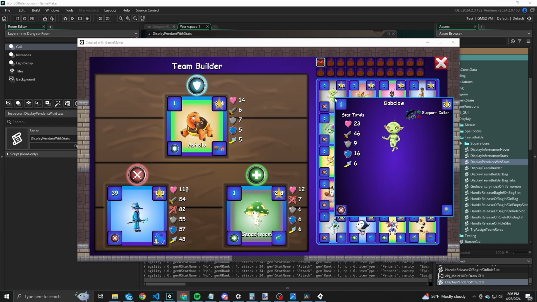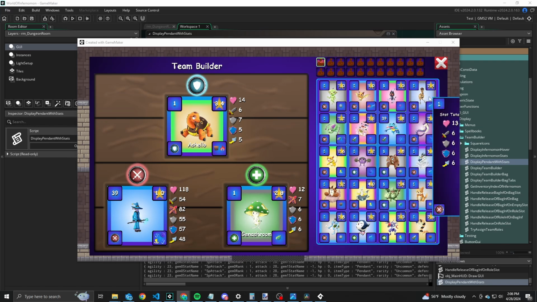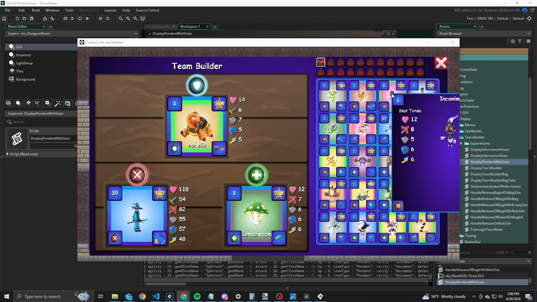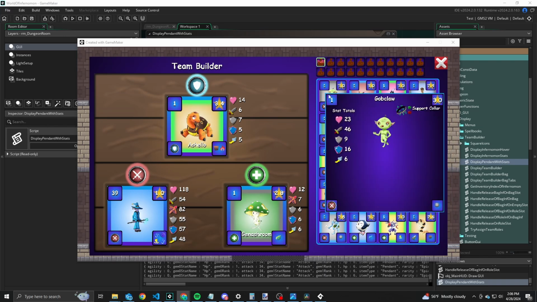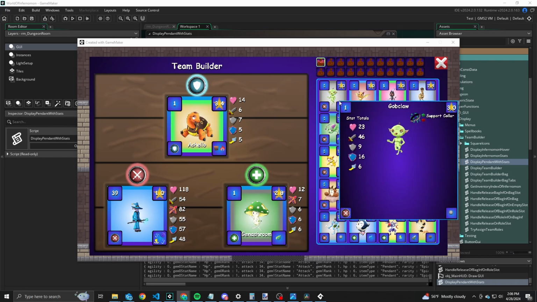I need to make the positioning of the hover more dynamic, because if you're on the far right here, you literally can't see anything. So I need to fix that so it pushes the hover to the left if you're on the side of the screen. I also still need to display the pendant stats, the Infernomon's attacks, the Infernomon's individual stats,